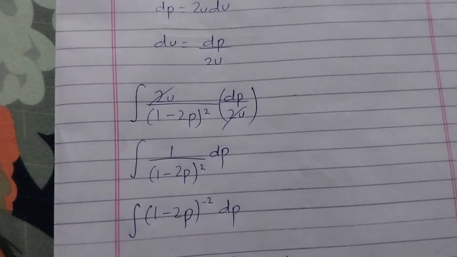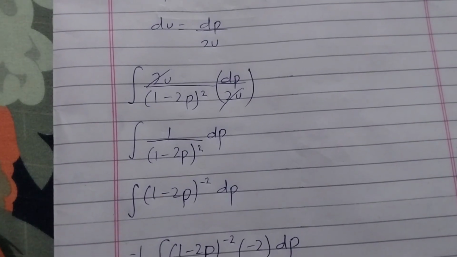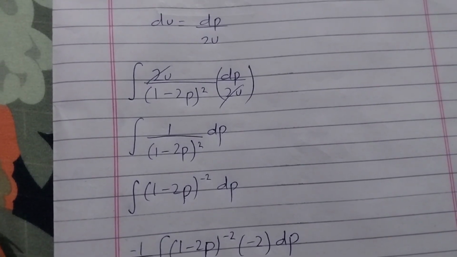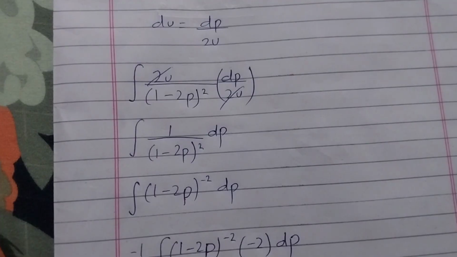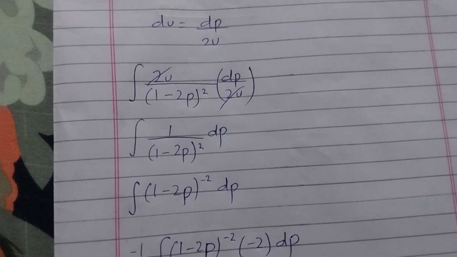So we now need to integrate this. So this is simple. We can move the expression in the denominator to the numerator, and the sign of the power will be changed. So it will become minus 2,